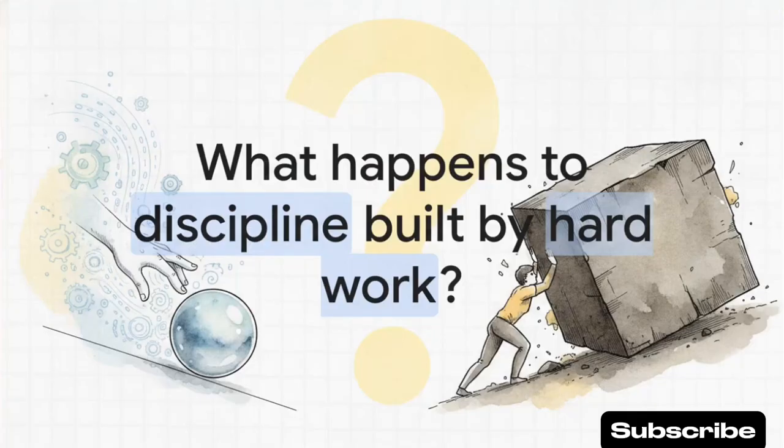And that brings us to the core tension of our explainer today. We've seen exactly how to use AI to brilliantly illustrate and script the distinct advantages of working smart. But the analytical side leaves us with a lingering, kind of heavy thought. If artificial intelligence truly becomes the ultimate tool, the ultimate leverage, giving us the ability to effortlessly roll that smooth sphere, what happens to the grit, the resilience, and the human discipline that was traditionally built by pushing the heavy, sharp-edged cube? It's absolutely a question worth pondering as we continue to automate our world.